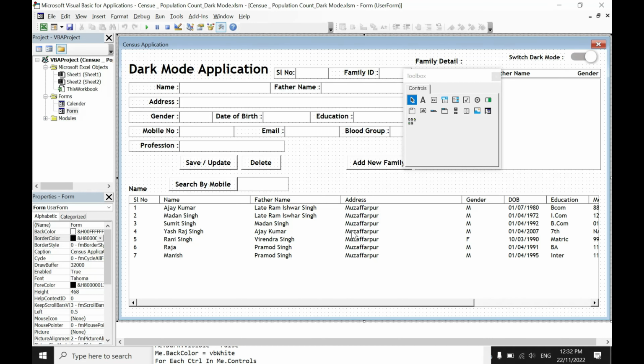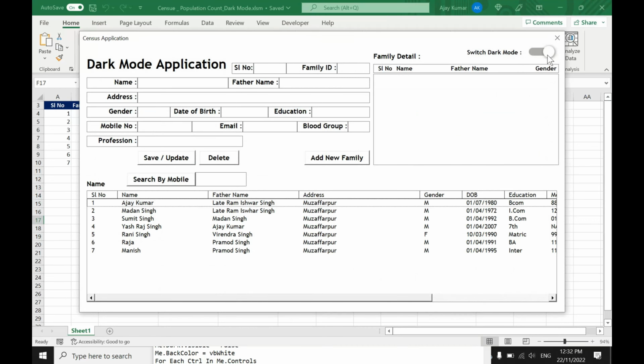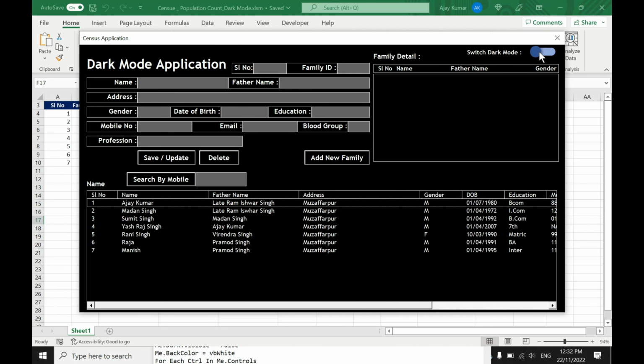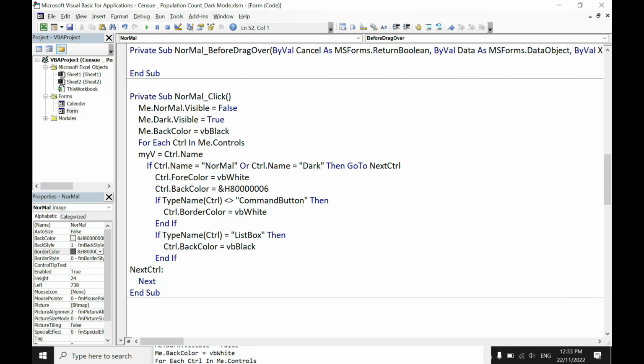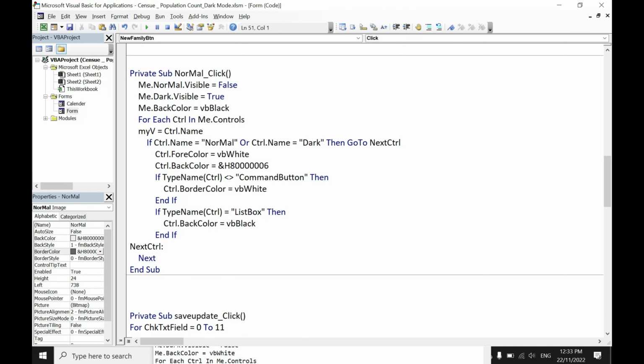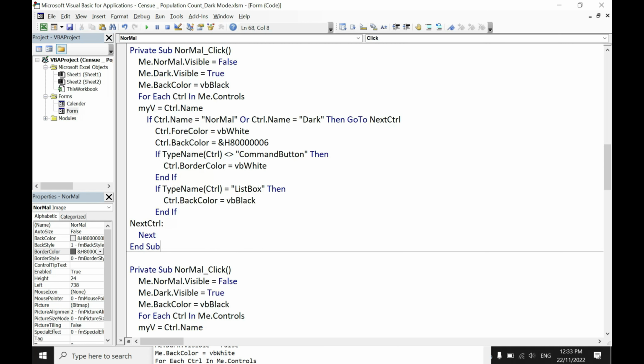Now this is for the dark mode, but I also want that when I click on this and when I again click on this, our application should change to normal mode. So what I will do, nothing you have to do additionally. You just click on this, copy all this code and just paste it anywhere in the module, and change the normal to dark, because your control name was dark, and all the code will be opposite.